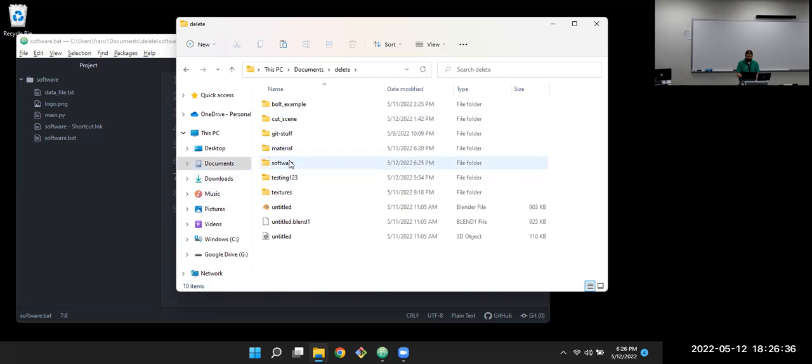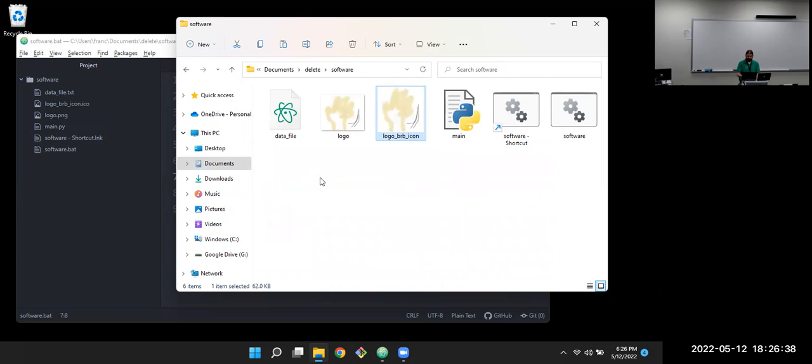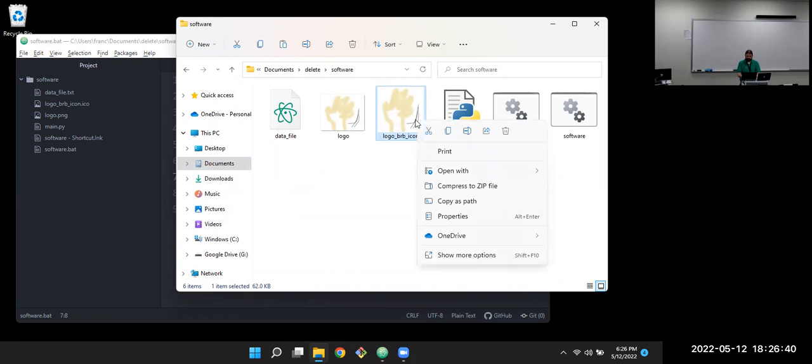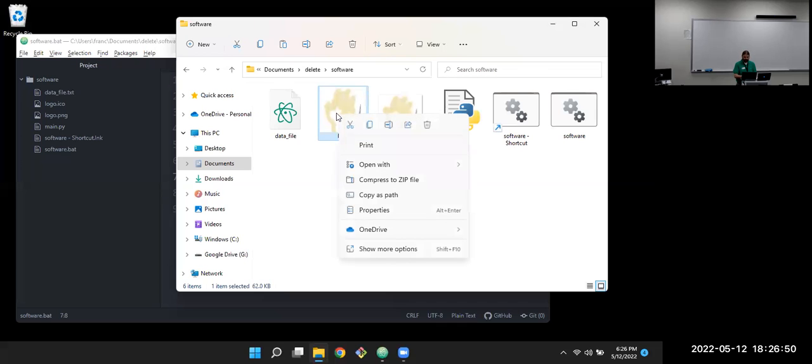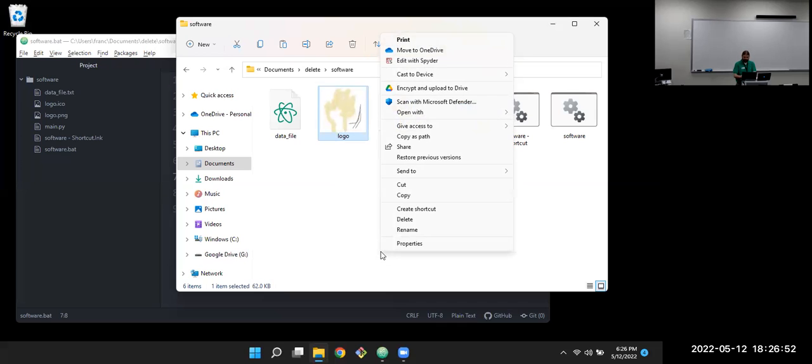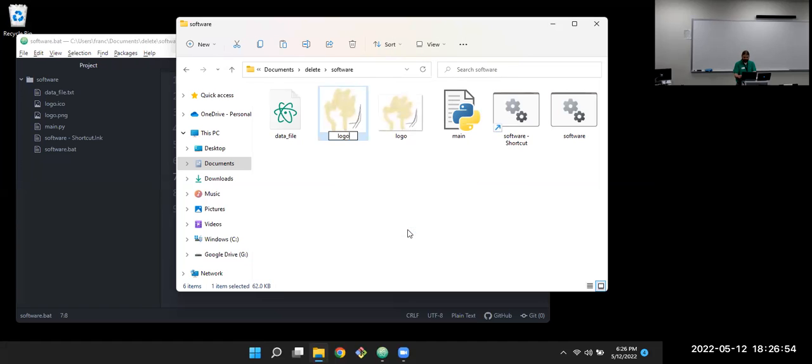Something, then that can be used as your logo. Let's rename it because that did give it a weird name. Logo. We'll try that again. Icon. That way I can tell which one's which. Because obviously, if we're looking at the thumbnails, they're just two different image types, so we can see both of them. And now in that shortcut,